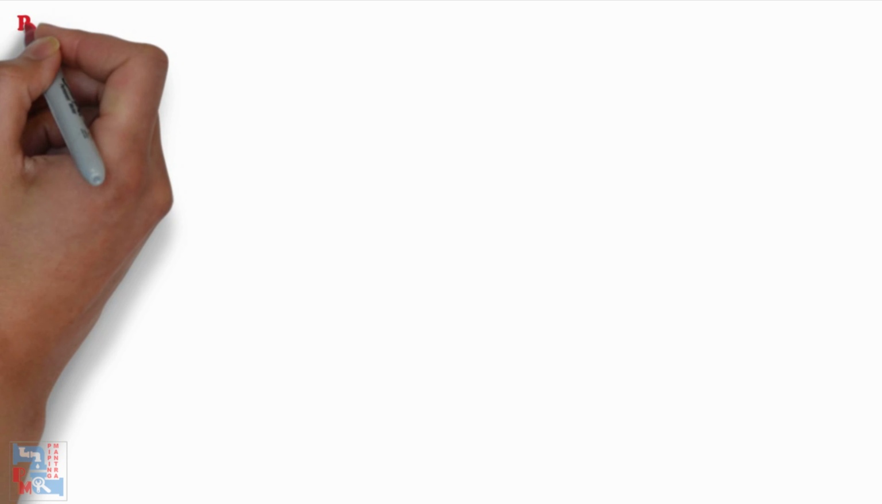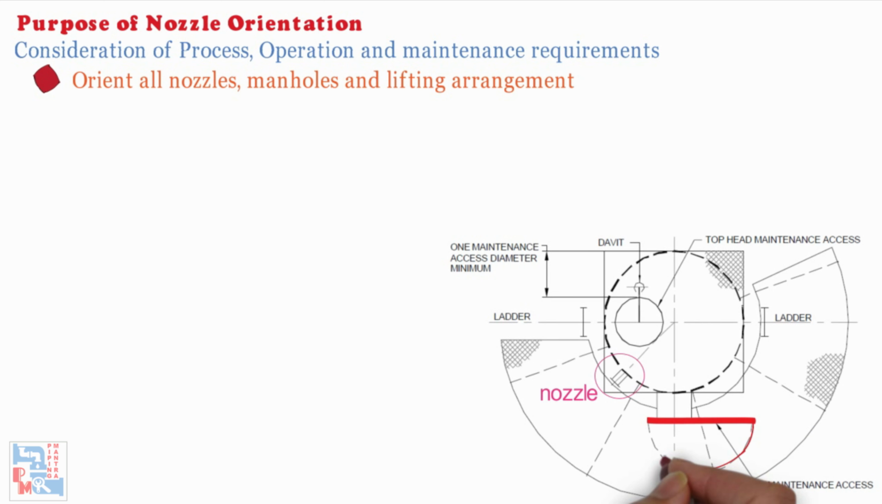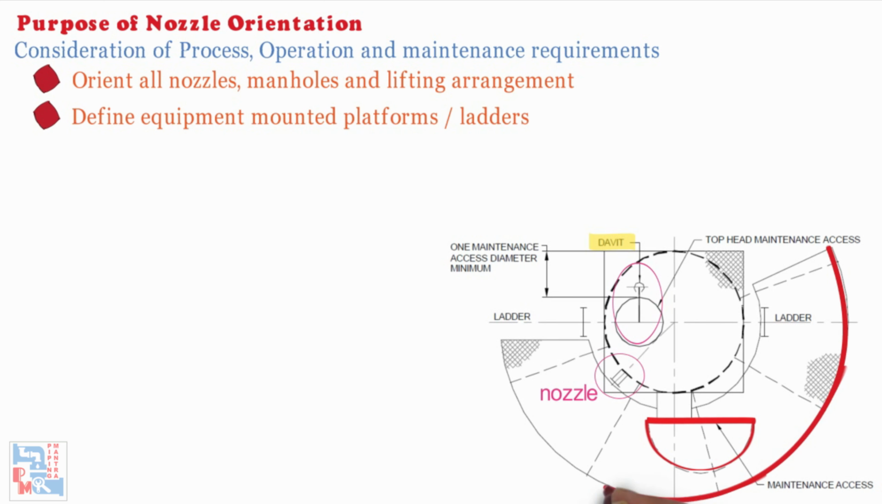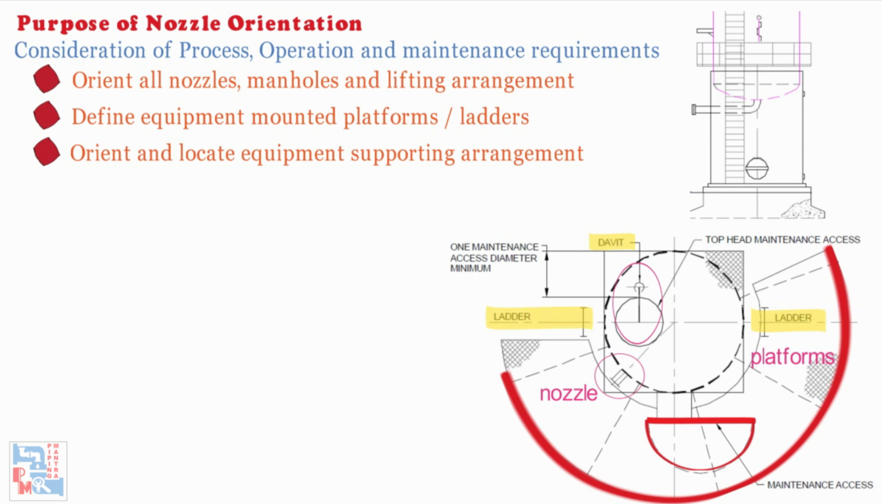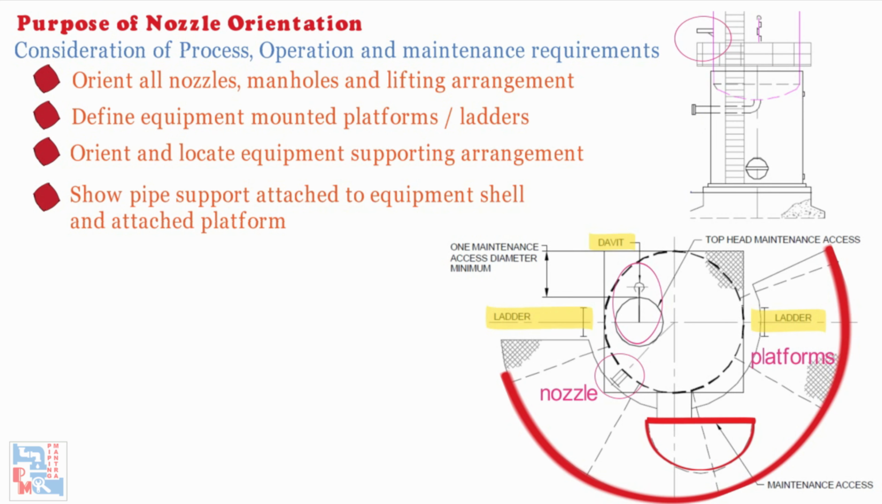First of all, we are going to establish the purpose of nozzle orientations. Nozzle orientation drawing is prepared per equipment taking process, operation and maintenance requirements into consideration. Orient all nozzles, manholes and lifting arrangement. Define equipment mounted platforms and ladders. Orient and locate equipment supporting arrangement. Show pipe supports attached to equipment shell and attached platform. All these details we will see in later part of the video where we will see some examples of nozzle